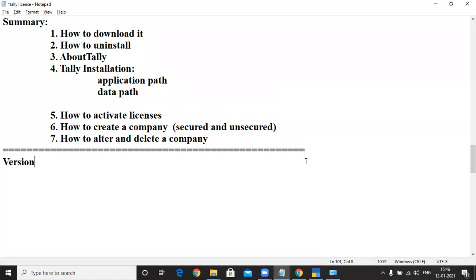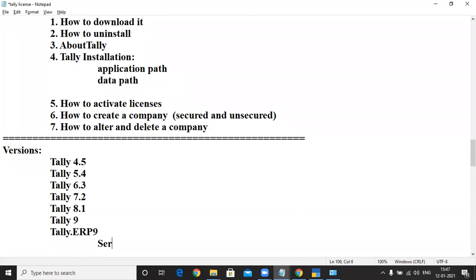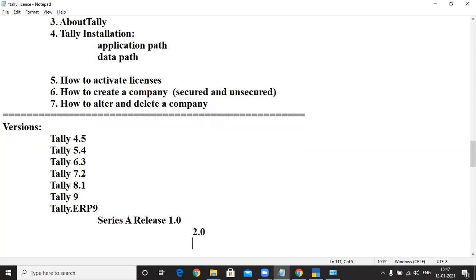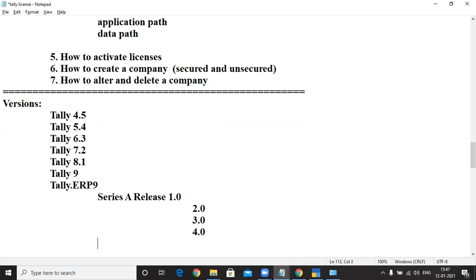One more thing that is very important is Tally versions. Tally has different sets of versions like 4.5, then Tally 5.4, next we have Tally 6.3, then Tally 7.2, then Tally 8.1, then Tally 9, then Tally.ERP 9. In Tally.ERP 9 it has some releases like series A, release series A 1.0, next 2.0 series, 4.3.0 series, 4.0, then 5.0.